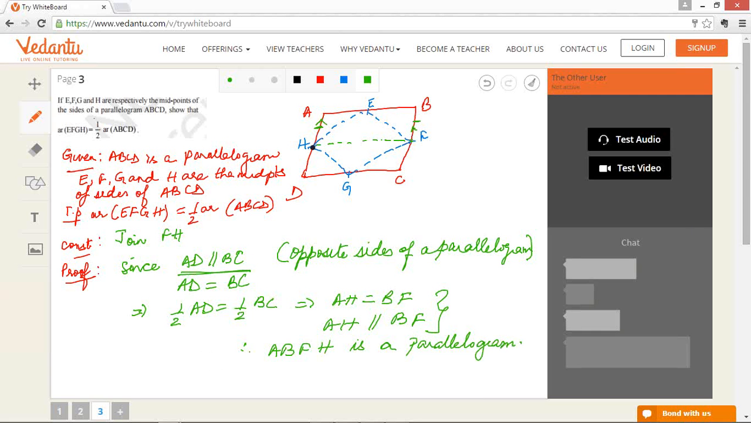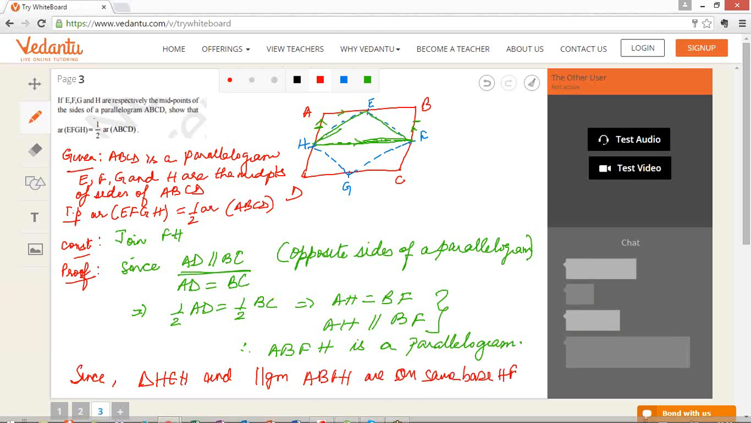Now if we notice triangle HEF, I'll mark it for you, triangle HEF and ABFH are a triangle and a parallelogram on the same base HF and between the same parallel lines HF and AB. So we can use that particular theorem to say that HEF is equal to half of the area of ABFH. Therefore, since triangle HEF and parallelogram ABFH are on the same base